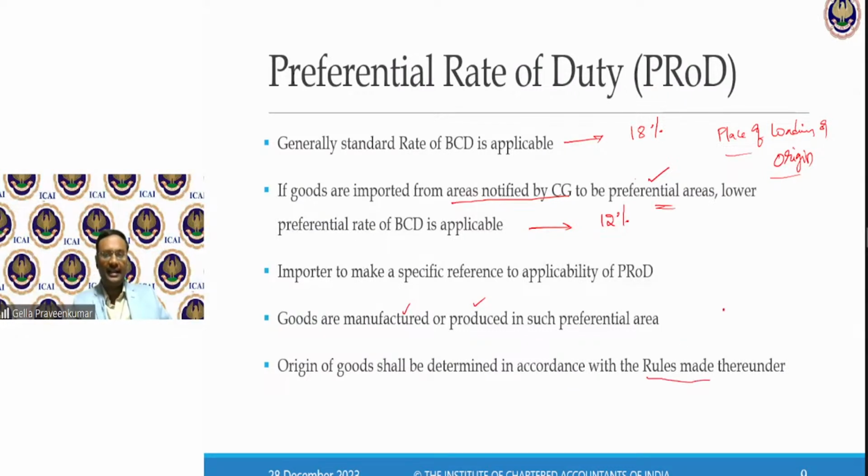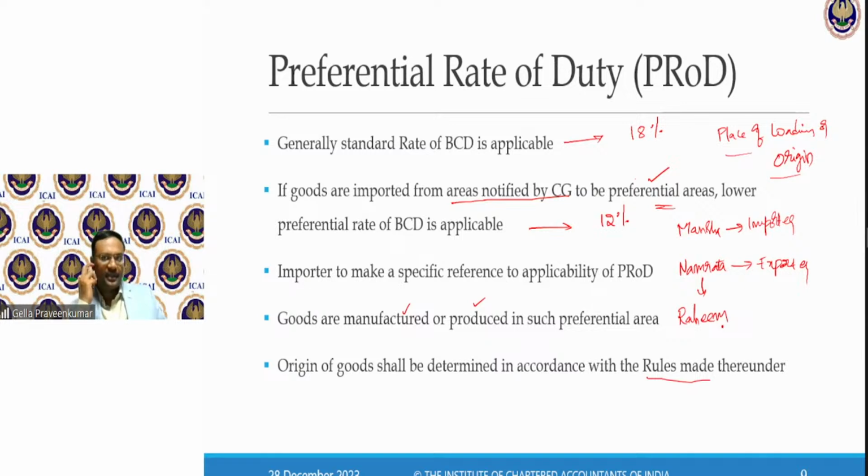Now, I'll give an example. Say, for a moment, Mansa happens to be the importer, and say Namrata happens to be the exporter. And Namrata, in turn, purchases the goods from, say, Mr. Rahim.